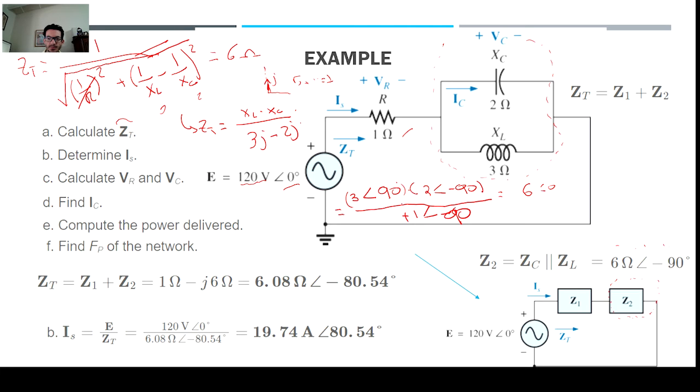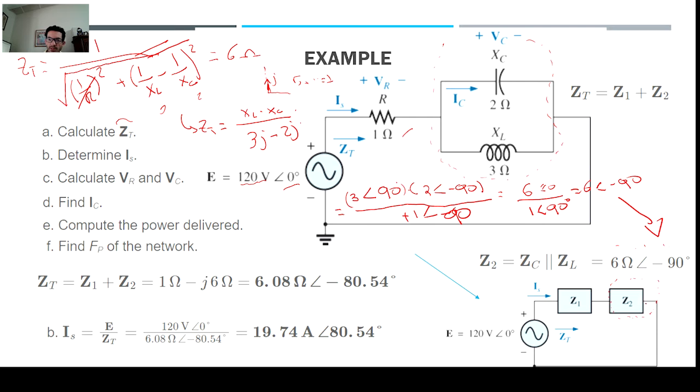Now, 6 from here, 3 times 2 equals 6, 90 minus 90 equals 0, and then we're going to have 1 over 90 degrees. 6 divided by 1 equals 6, and then 0 minus 90 is negative 90. So this is what we get right here. Since we do need the angle, the phasor approach is much simpler. If you only need the magnitude, then I like this approach much better because it's straightforward. So now we have the value of Z2, which is the network in parallel, and now